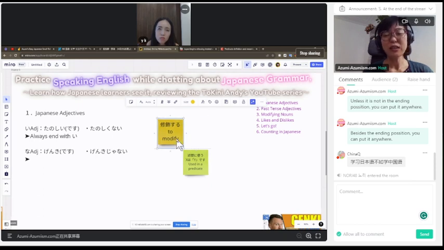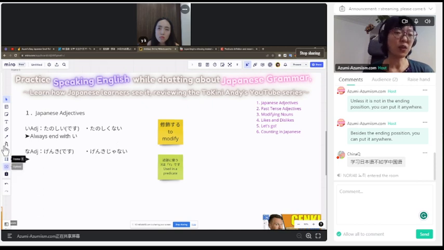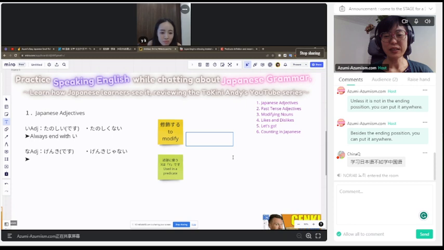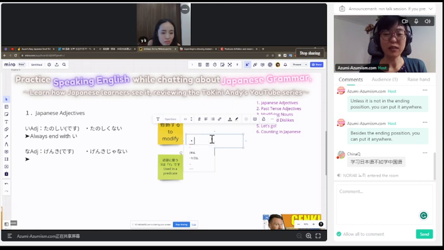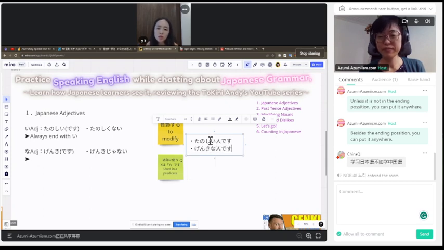So I think it's important to compare these two ideas first. Otherwise students just get confused. じゃあ行きましょう。楽しい人です。それから元気な人です。